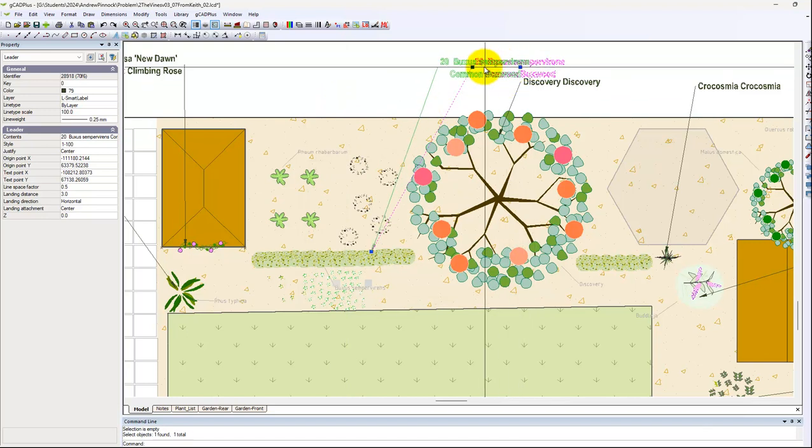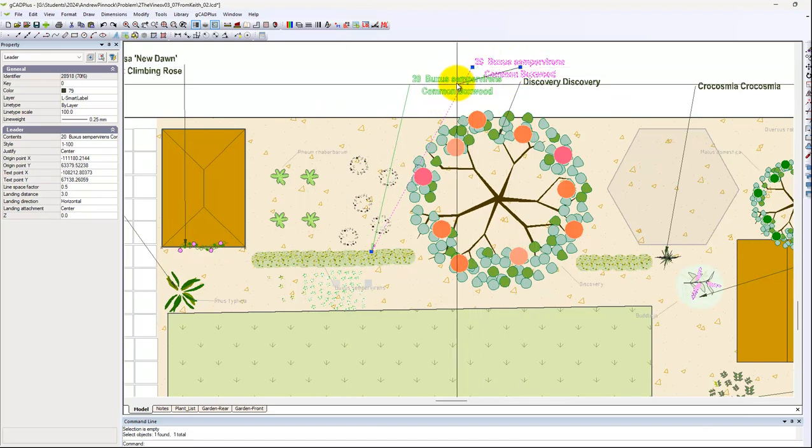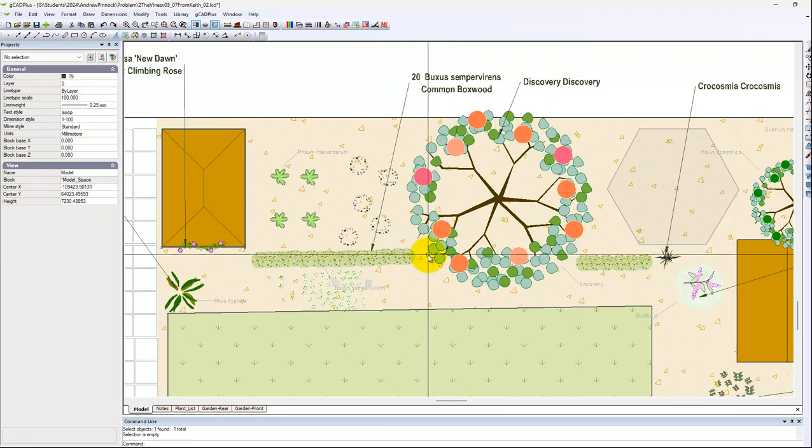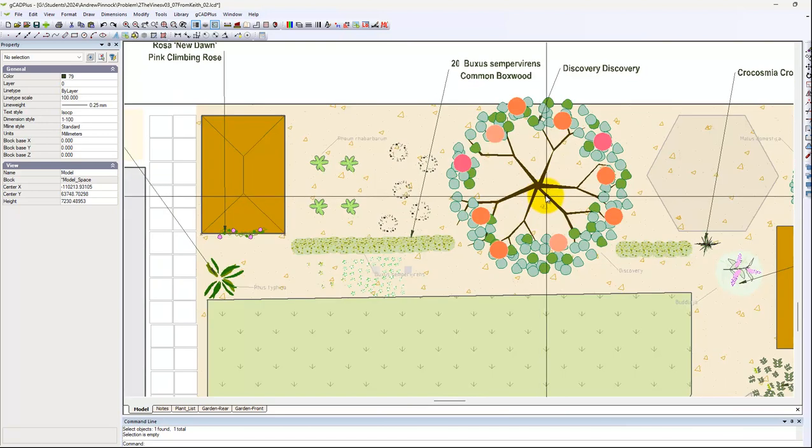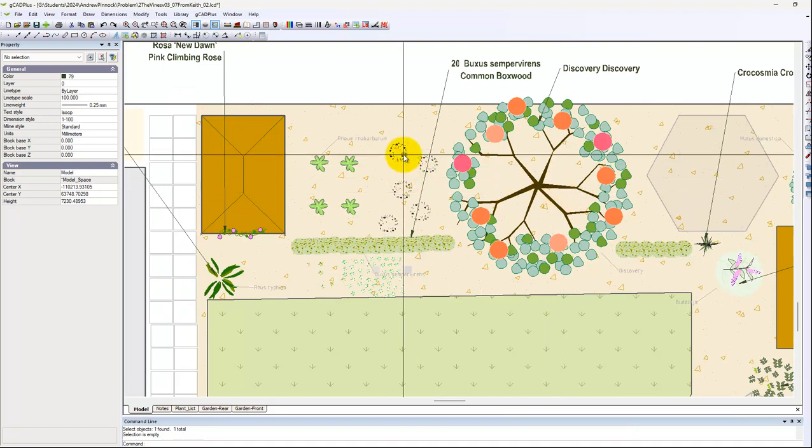But can you see I can grab this and just position it however I want. It's running across a couple of these other symbols, which I'm not particularly happy about. I try not to make our leaders cross other leaders because we may want to